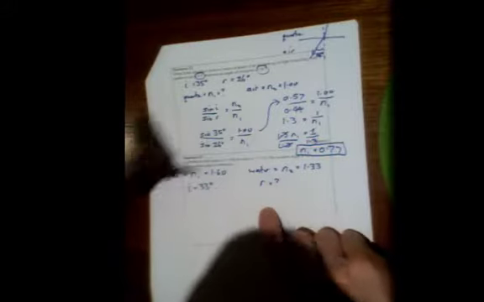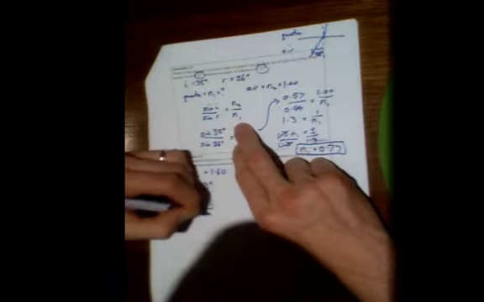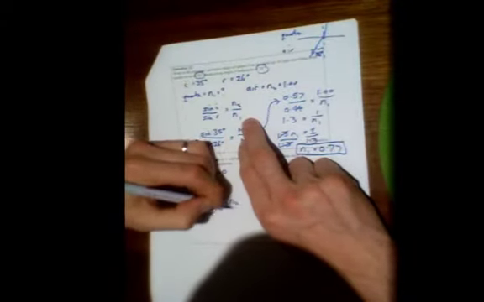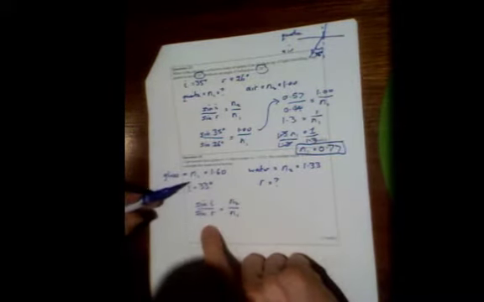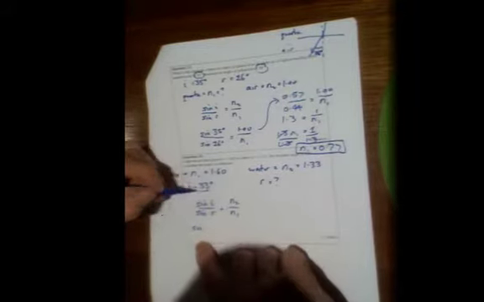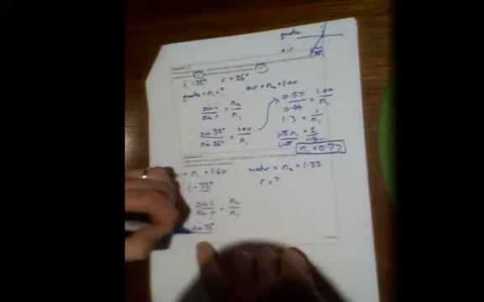Incident angle, 33 degrees. Angle of refraction is the question mark. So, Snell's law, sine i divided by sine r equals n2 over n1. Substitute our numbers in. Sine 33 over sine r equals